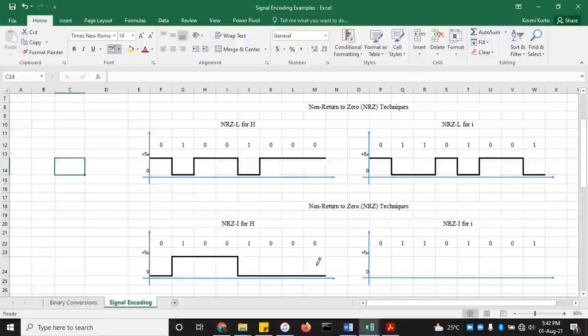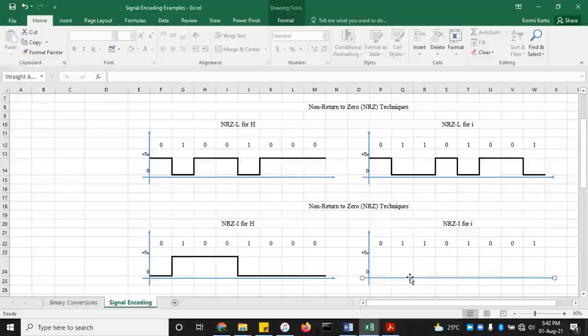So for non-return to zero inverted for uppercase H, this is the signal that is going to be generated by the computer using the non-return to zero inverted technique. It would be low, high, and then low. Okay,